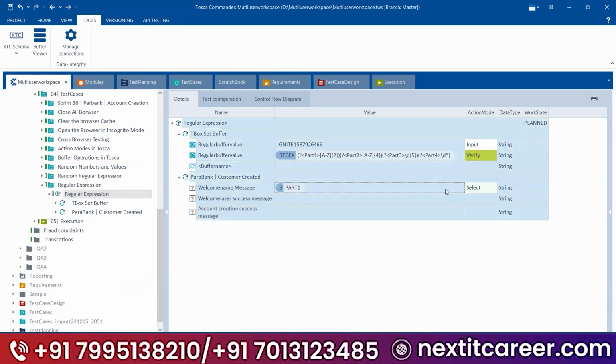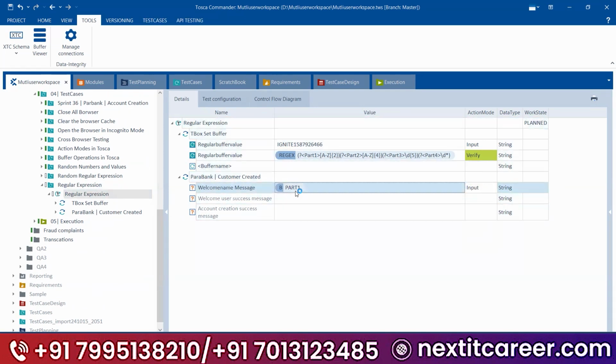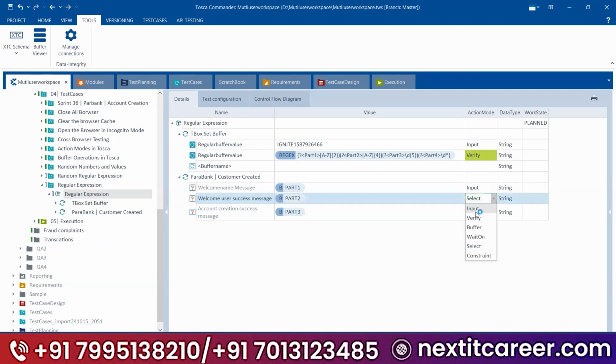Here, use action mode input. In this way, for example, you have captured one dynamic value from the application, and now the client is asking you to send that particular value to the web application in small parts. That is the best scenario actually. In this way, you can handle the scenarios.